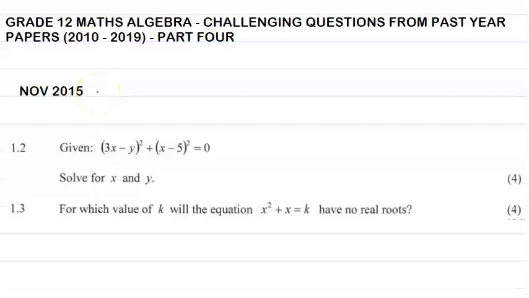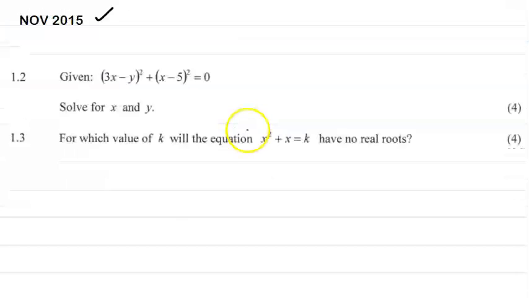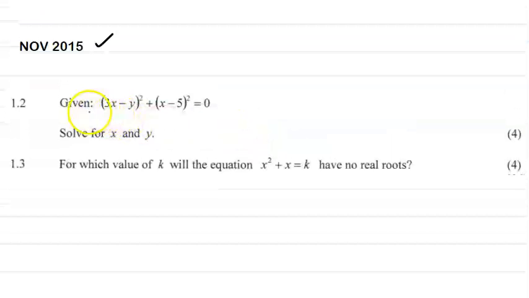We're going to be looking at the question that appeared in the November 2015 examination paper, and it reads as follows. Question 1.2, given (3x − y)² + (x − 5)² = 0, solve for x and y. In this particular question, what we have to look at is in this equation, the left-hand side,